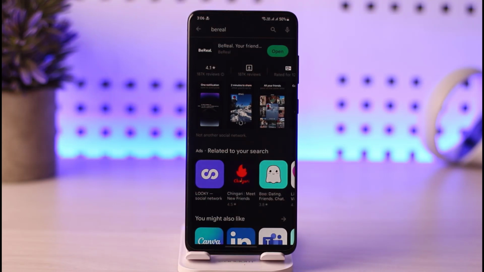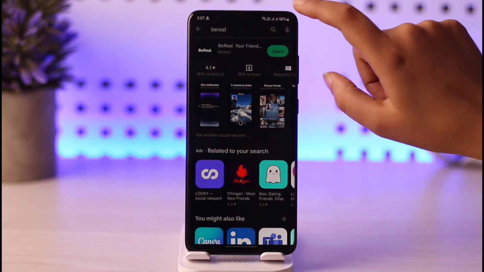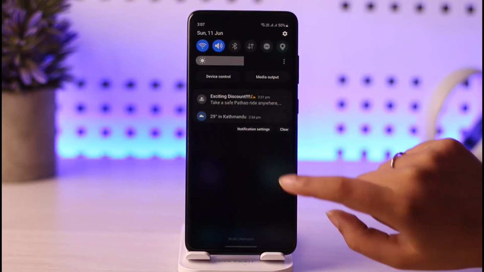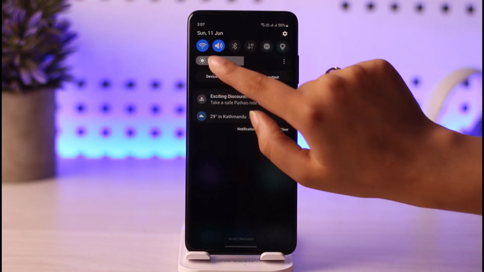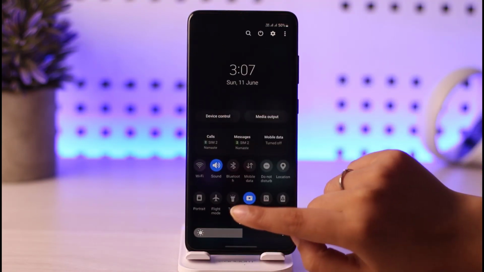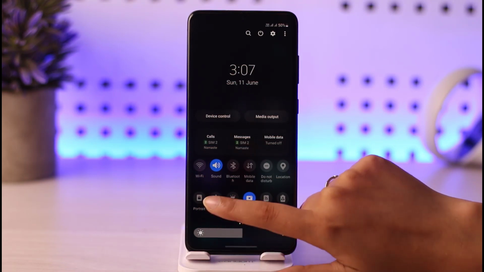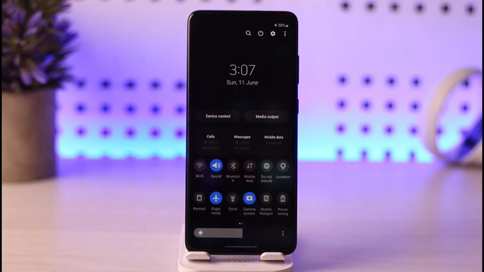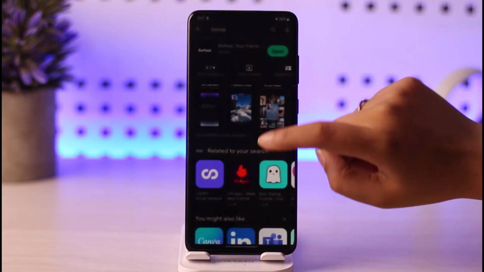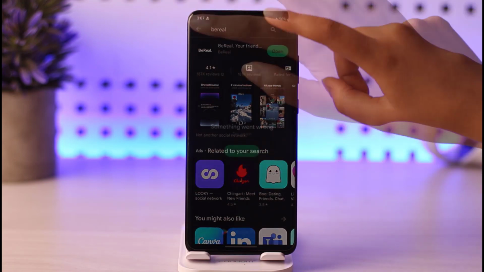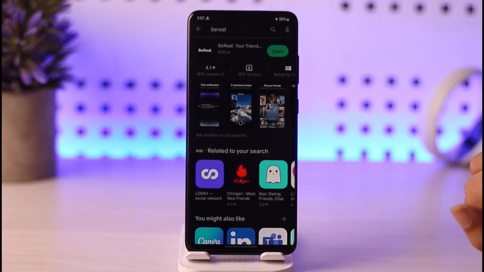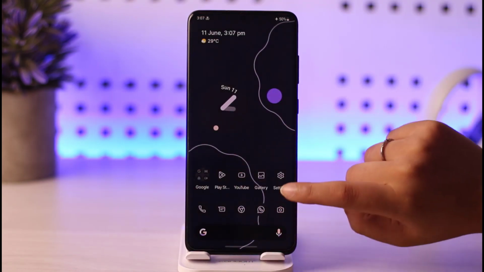So for that purpose, if you are trying to screenshot, what you gotta do is go to your networks and turn off your Wi-Fi. You will swipe down and turn on flight mode, which will stop all of the network connections. And then you can go to your BeReal and you will be able to take a screenshot, right? You will take a screenshot, you will come back,